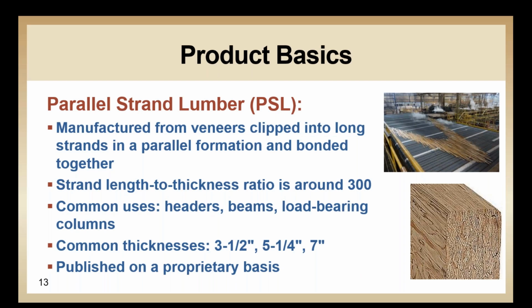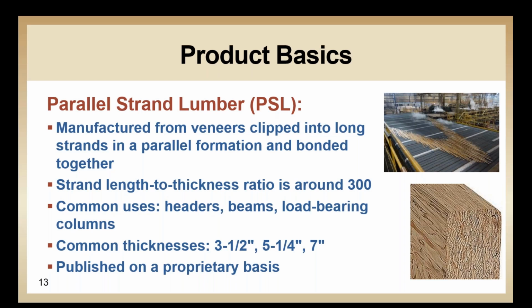Parallel strand lumber, or PSL, is also manufactured from veneers, but they're clipped into long strands and bonded together in a parallel formation. By using the strands, you can get better utilization out of the log, where full veneers have inconsistencies like knots, bark, wane, and voids. It's often found at the beginning and end of each log's veneer sheet, and it would not be suitable for LVL. But like LVL, the grain is running in the direction of the length of the beam member to maximize